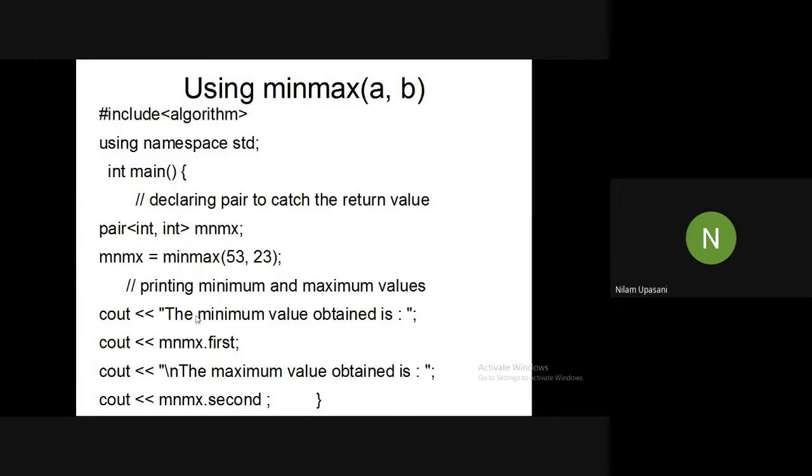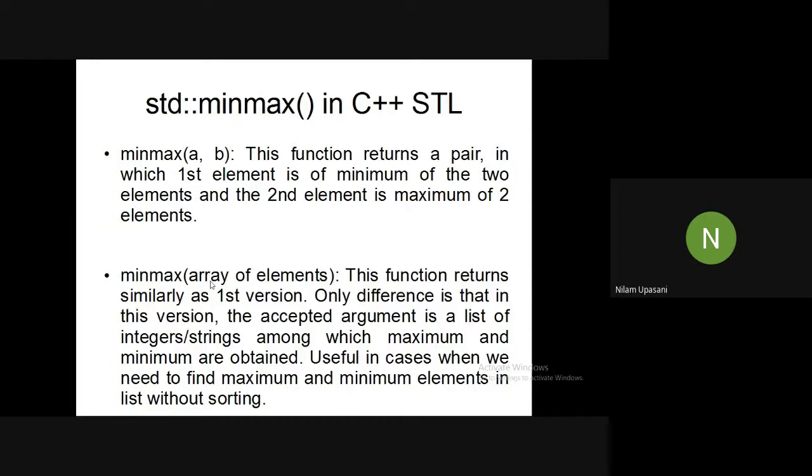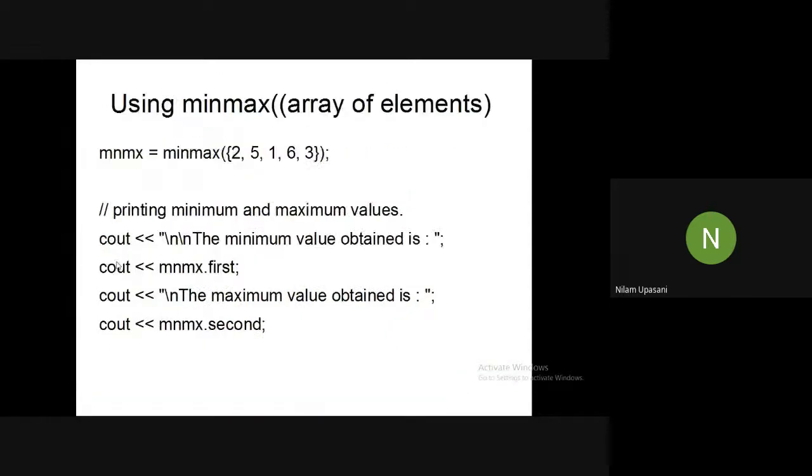So there is one more format of minmax wherein you can pass array elements. तो क्या करना है, बस आपको यहाँ पे array elements in curly brackets pass करने हैं, ऐसे ही हम initialize करते हैं array को, है ना, using curly braces you can initialize the array. So similarly यहाँ पे भी आपको round parenthesis के अंदर curly braces में those values you need to give separated by comma. तो these array elements, these are not sorted elements, है ना, scattered अलग अलग type के elements हैं. So out of that, मतलब यहाँ पे 1000 elements भी हो सकते हैं,